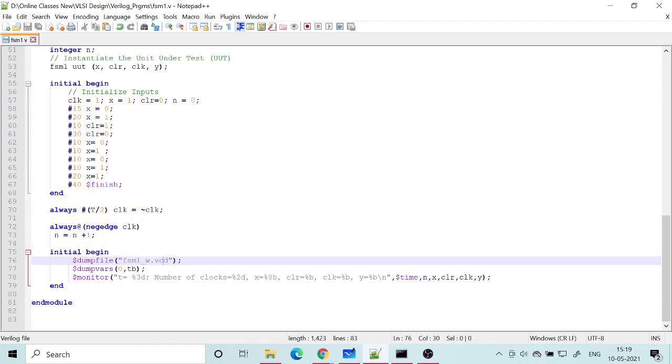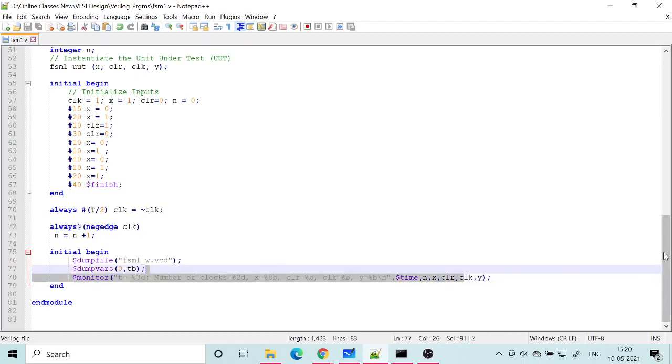If I put 1, only the test bench variables will be there. And then monitor, if I want to see on the CMD screen what variables I need to see: the clock time, then number, then X, then clear, clock, Y. Y is the output, which should become 1 whenever we detect the sequence.